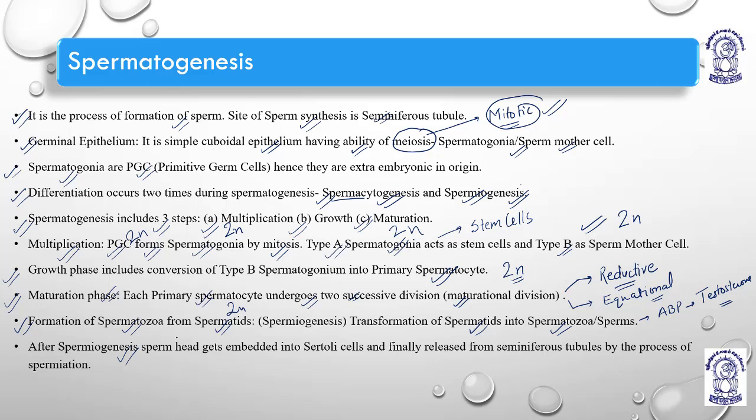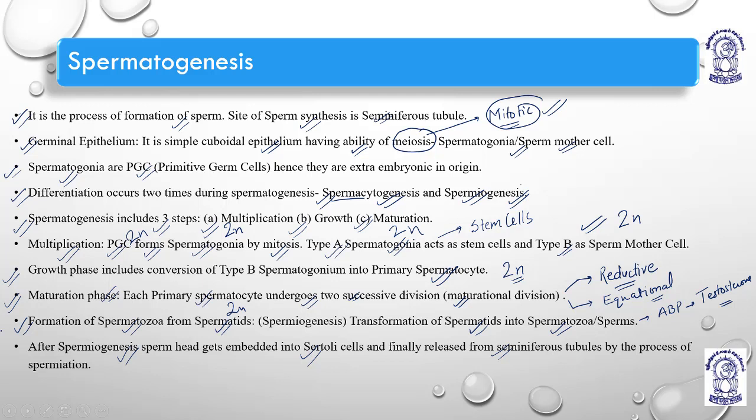After spermiogenesis, the sperm is formed, and it needs to store a good amount of nutrition, and that is why it needs Sertoli cells. Sertoli cells are nutritive cells, nurse cells, meaning they provide the food from the kitchen. After having that food or energy, the sperms release themselves from the seminiferous tubules. This process of release of sperms from seminiferous tubules is known as what? Spermiation. So I hope everything is understood till here.